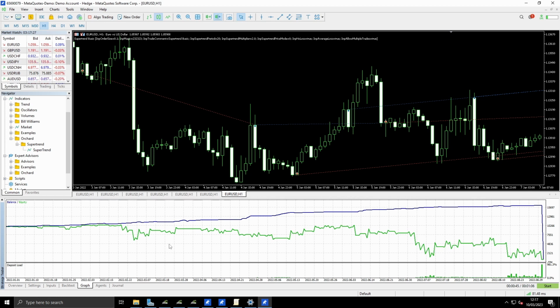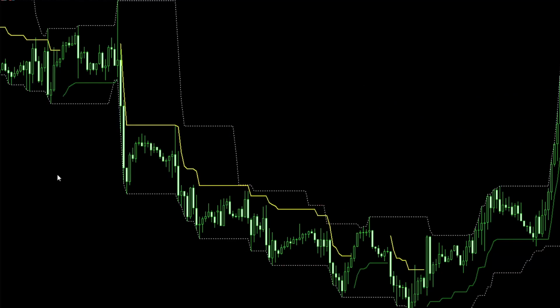Now I'm going to switch to a modified version of the expert again, but this time I want to add in some stop loss. So I don't necessarily want to close the trade as soon as the trend reverses, but if it does reverse and then continues in the opposite direction, I want to have a stop loss in place. I've just closed up the strategy tester for a moment while I show what I'm talking about. I've added a Donchian channel. It's also 20 periods, so my Supertrend is running with a 20 period ATR, and I have a 20 period